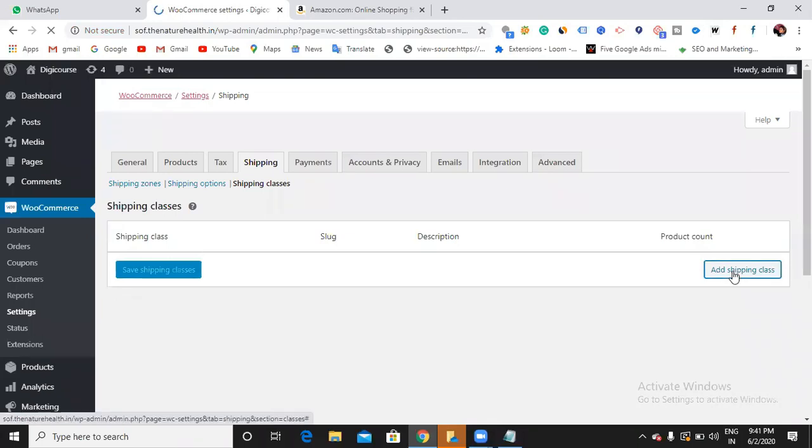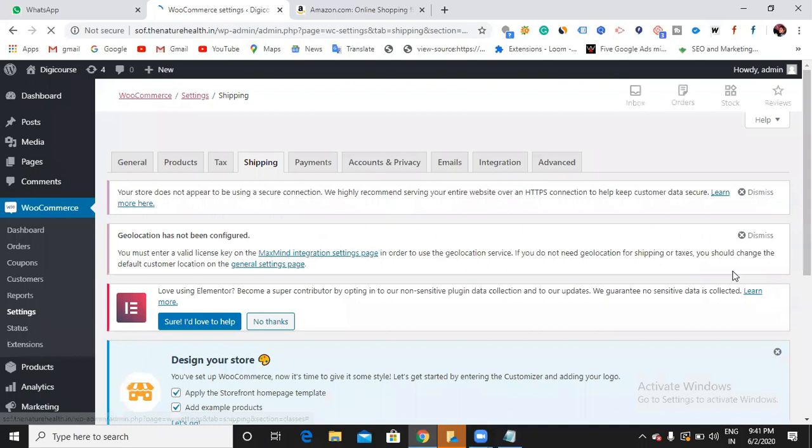Add a shipping class. What does this mean? Now let us say Prabhu has different products. He is selling some electronic devices like LED TVs and mobile devices and some furniture. And he also has some lightweight products like water bottles, small objects, and some home decorative items. Do you want to take the same shipping price?